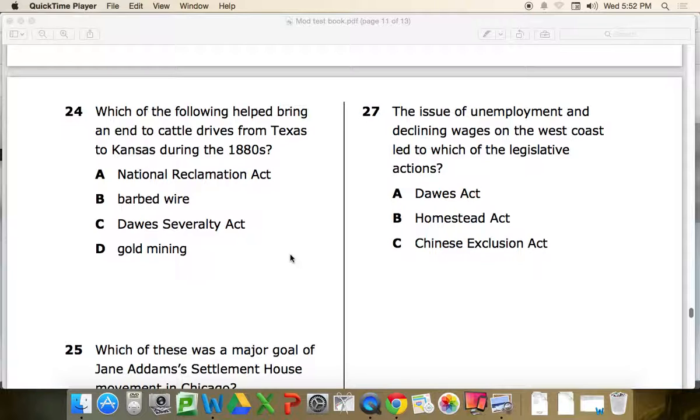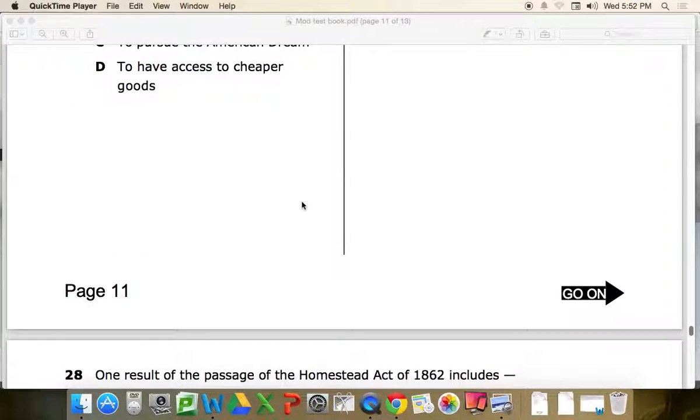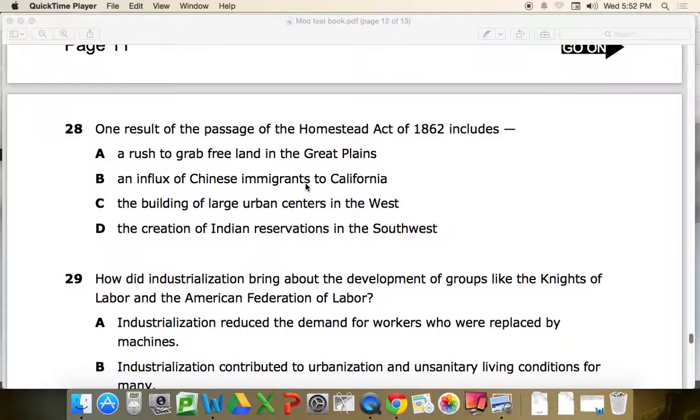You could have also approached it from thinking, and this is a more complicated way to think of it, but if you had thought, okay, what were one of the concerns about declining wages and unemployment? Well, that's related to immigrants, right? Well, immigrants on the West Coast, well, that would have been the Chinese. So you could have reasoned it out either way. But you should have recognized this because I mentioned the Chinese Exclusion Act multiple times. The next one is going to be question 28. One result of the passage of the Homestead